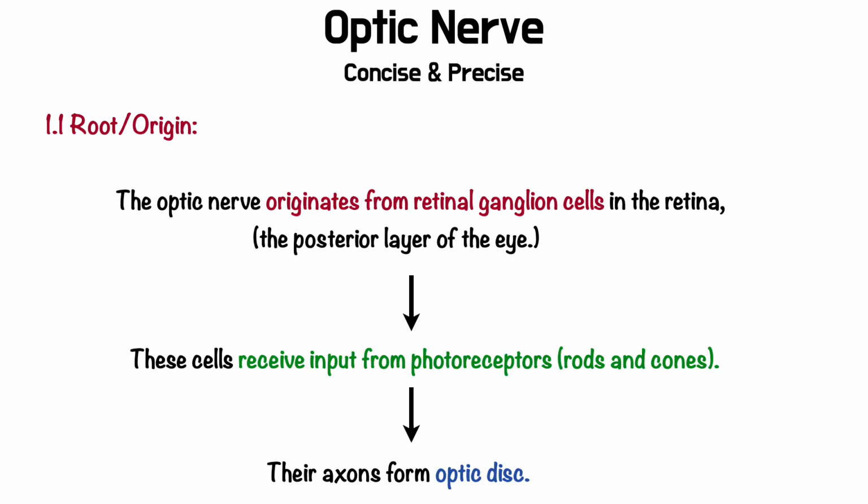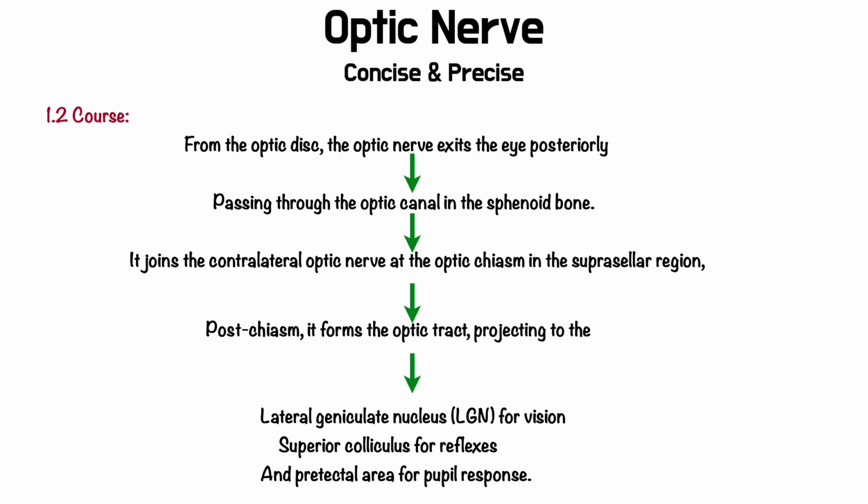So the root or origin of the optic nerve is that the optic nerve originates from retinal ganglion cells in the retina, the posterior layer of the eye, obviously, and these cells receive input from photoreceptors like rods and cones, right? And their axons form the optic disc. So this is the root or origin of the optic nerve, and the course is that from the optic disc